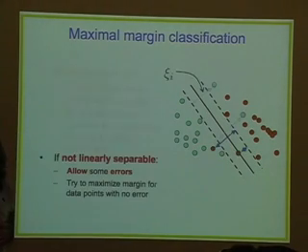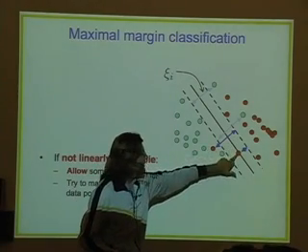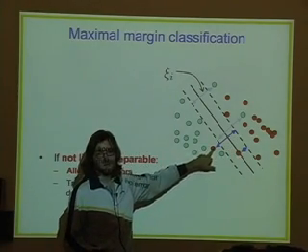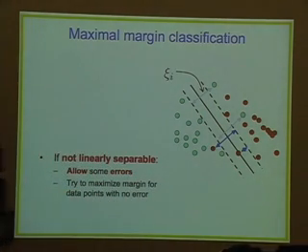So now you can obviously ask, when those classes are not separable, what can you do then? Well, if they're not linearly separable, we can introduce some slack variables xi, which allow some of these data points to be actually inside the margin, like this one here, or on the other side of the margin. So we allow ourselves to make some errors, and then besides that we try to maximize the margin for the data points that have no error, by introducing these slack variables xi.